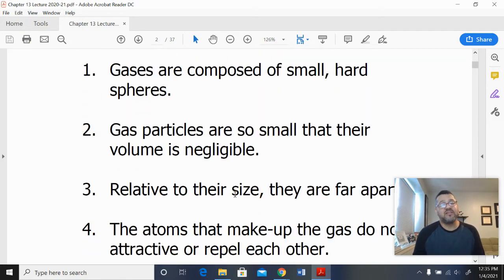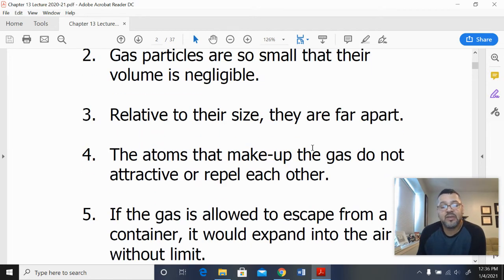Next, we're going to assume that since gas particles are made of atoms and atoms are really small, the volume that a gas particle takes up itself, not the space it's moving around in, is really small. That's like asking what's the amount of volume that you take up in a school building? Your body itself is so small compared to the school building that it's insignificant. So we can neglect it.